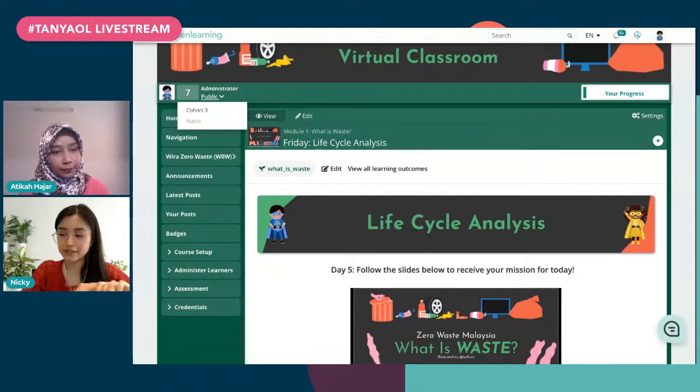But in terms of creating the activities, I would say it was kind of similar. I would have taken a similar approach if I was planning this for adults, just maybe with a different theme.